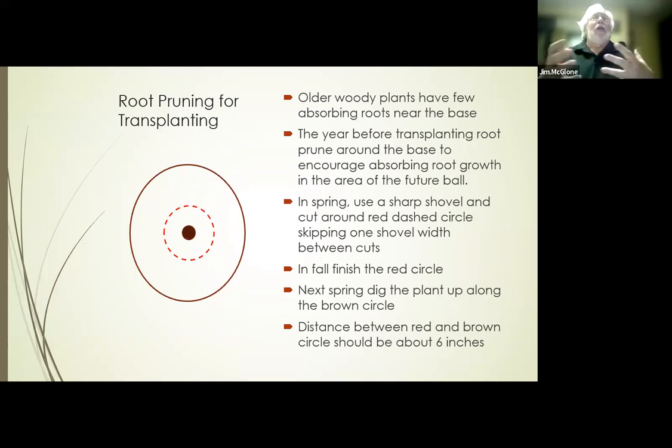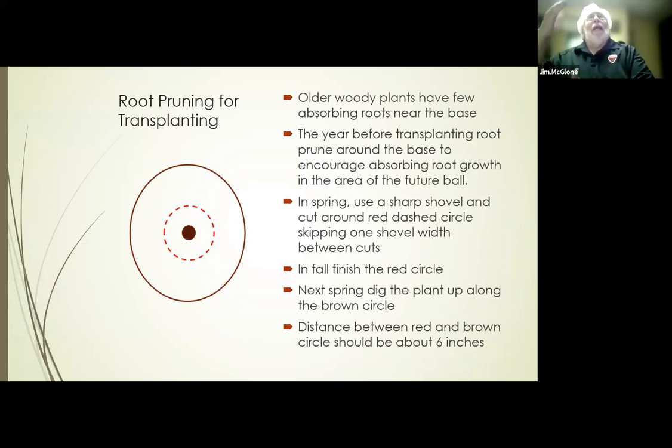Now, if you're talking about, oh, there's this new little oak tree that just sprouted in my yard, you don't have to go through this. But if you've waited 5 or 6 years, you might want to do root pruning before you try and transplant that. And the way this works is you start in the spring of the year before you want to transplant, and you take a sharp shovel, and starting about, depending on how big it is, if it's a 2-inch diameter, you might want to go 1.5 feet out to do this. But you would cut straight down,